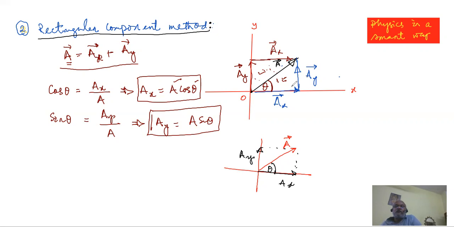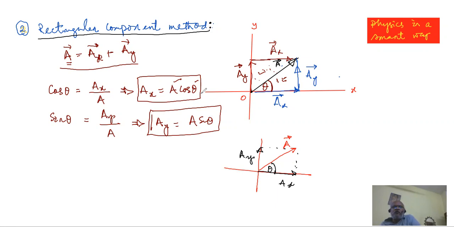You need not go for all those triangles, because I had written x twice and y twice for explanation purposes. For problem solving, you need not go into all those intricacies. The x component will be parallel to x, the y component will be parallel to y. Both are starting from the tail of the vector. If somebody desires to add x and y, he or she can do so and can recreate A, no problem. Okay.